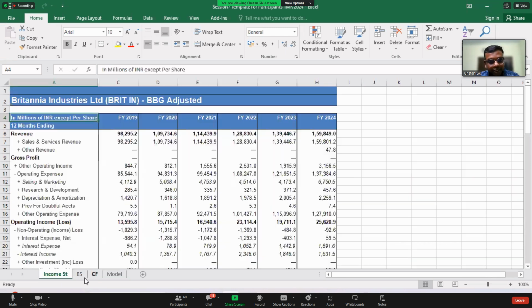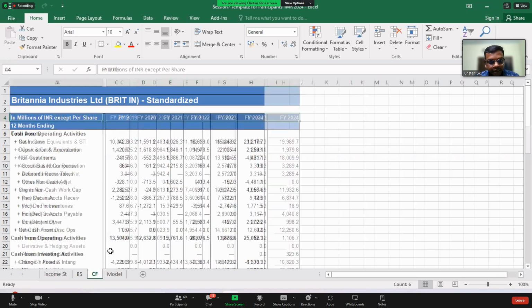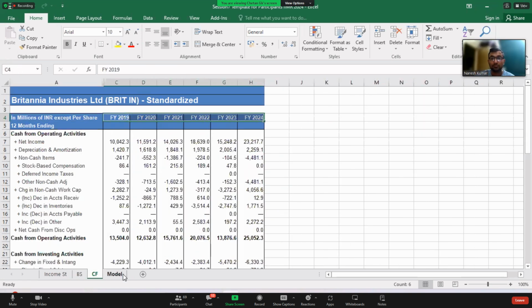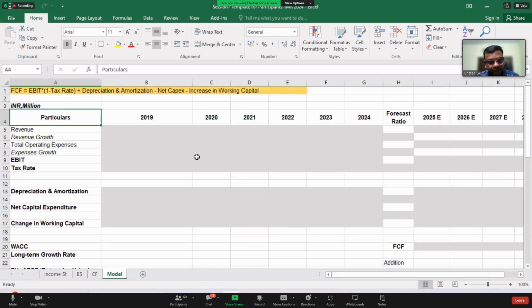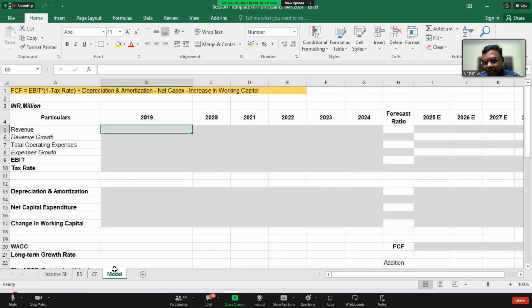Okay. So the income statement is here. I have taken it from 2019 till 2024. The balance sheet is there for the last 6 years, and then the model. So everybody has got the same Excel sheet, so whatever I do, the cell references will also be the same. That is the reason I thought of going for this particular template. Otherwise, you'll have a lot of confusion about the cell references, and getting them right is going to be very difficult if you and I have different Excel sheets. Is it fine? Shall we start the process now?